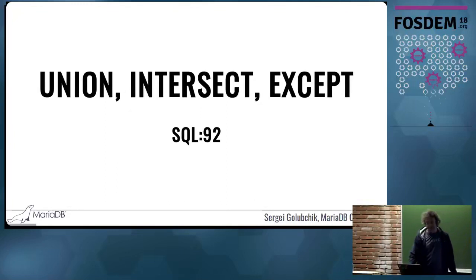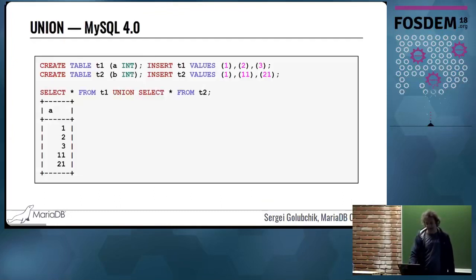So the SQL standard was SQL 92, and it introduced the concept of set operations, where every select is looked as a set of rows, and then you can do set operations with them. And union, again, probably everybody knows that it was in MySQL for many, many years. If you have two selects, then union will show both rows that are present in both selects, at least one select. But there were two other set operations introduced in SQL 92,